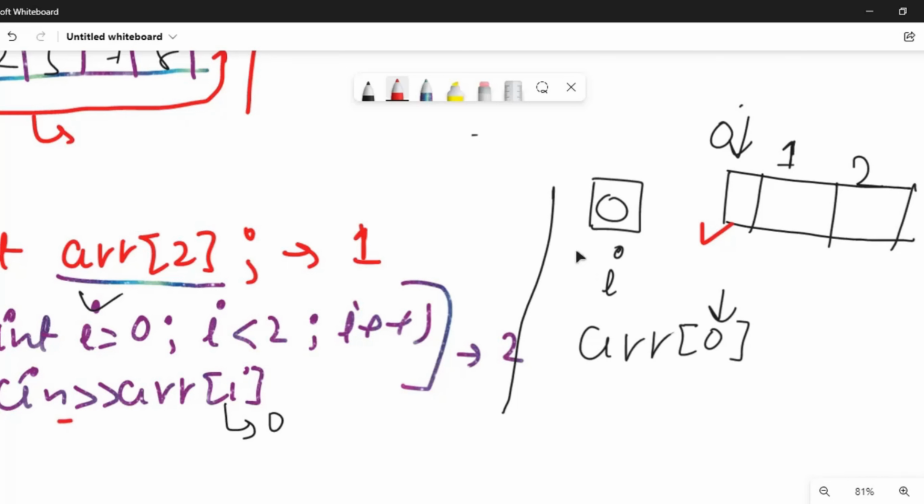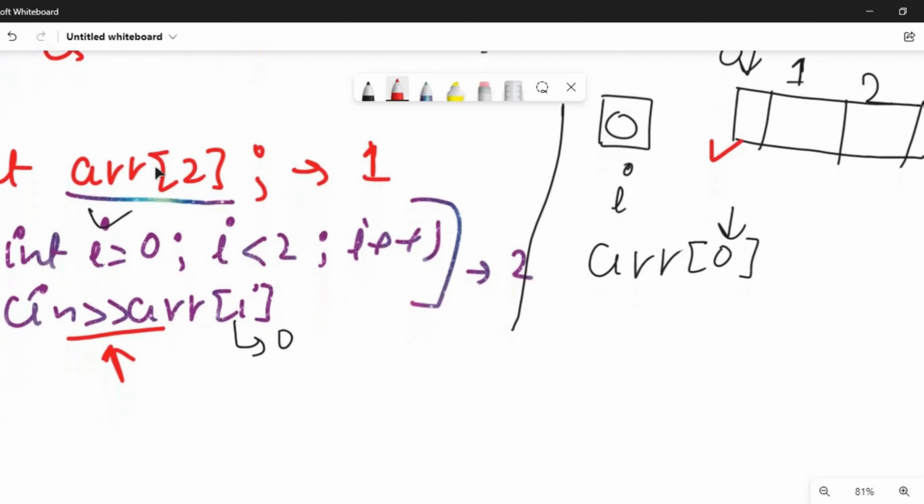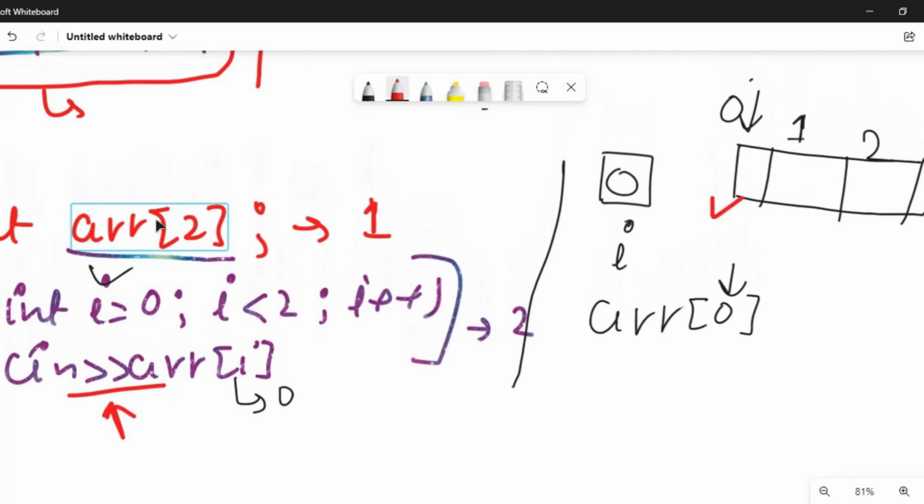With the help of this operator, we are taking the input from the user, from the keyboard, and that is stored inside this value and at last is going to be stored in the box.